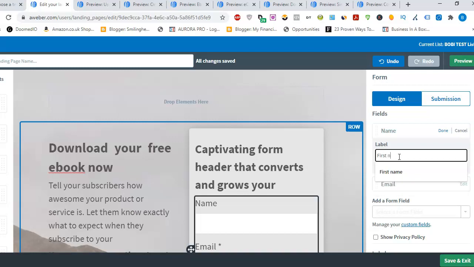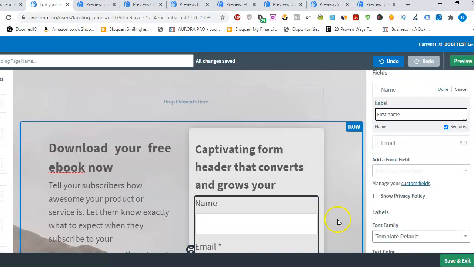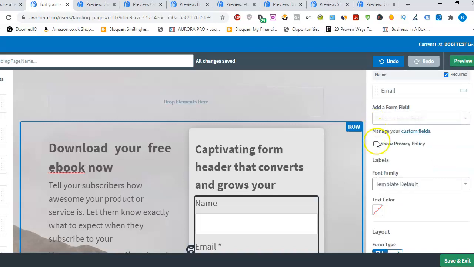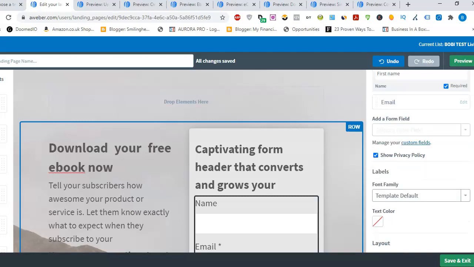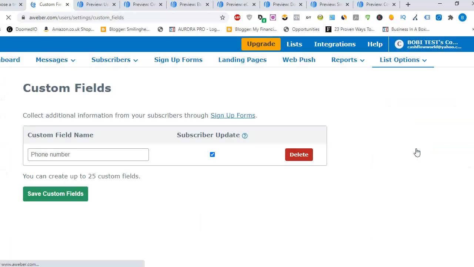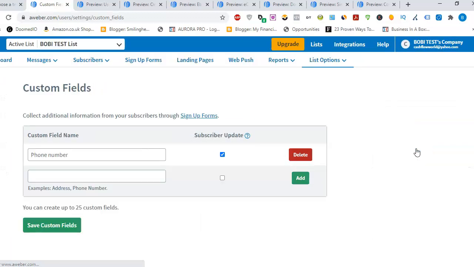You want to change this to first name, if you prefer, you can do that. And then let's see the changes now. You can also show privacy policy, and there's an option here to manage the fields, so you can actually change the things that you're asking for. So you can ask for phone number, any other field you want to add,